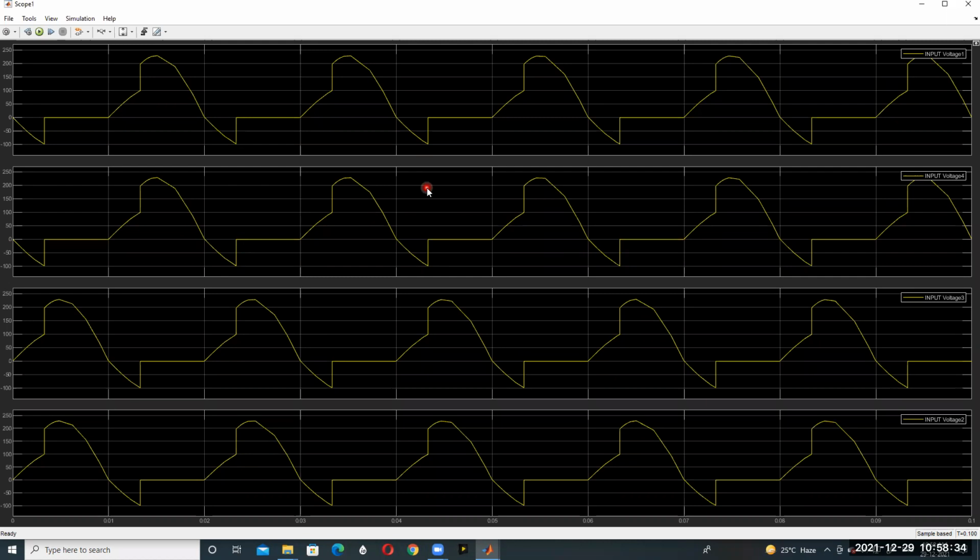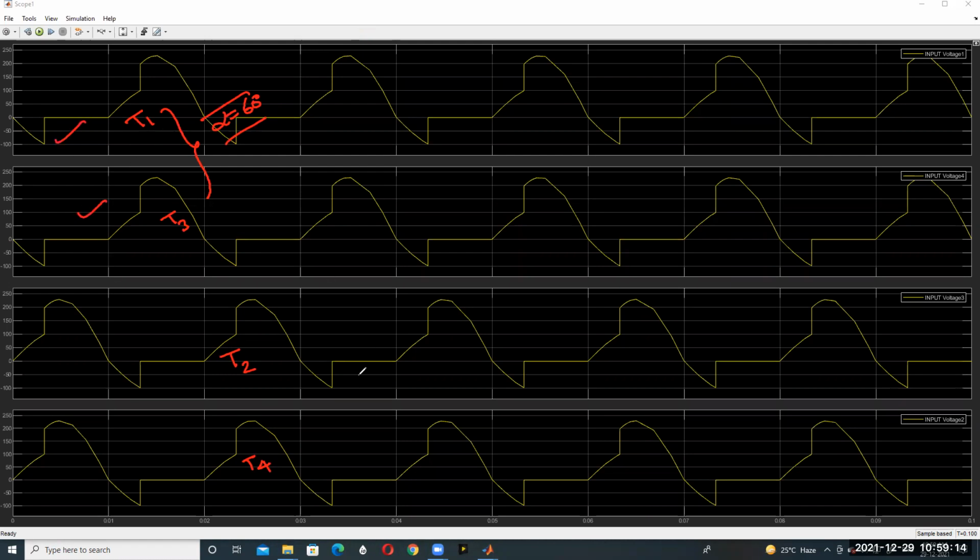Thyristors T1 and T2 are conducting, then T3, T4. The first two waveforms belong to the voltage across thyristor T1 and T3, and the others are the voltage across thyristor T2 and T4. The thyristors T1 and T2 are triggered at the same time for the positive half cycle, for alpha equal to 60 degrees. Because of this reason, the two waveforms will be similar.